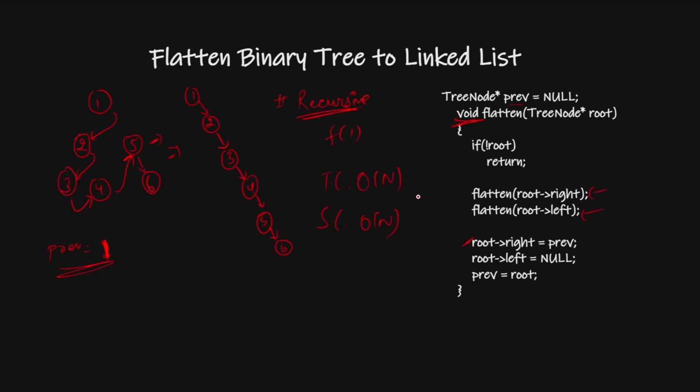So we have understood both the iterative and recursive solutions. In iterative, we solve it using a stack. Now let's see how we can solve it iteratively without using a stack, and that is known as Morris traversal, where the space complexity will be O(1). So now let's understand that.